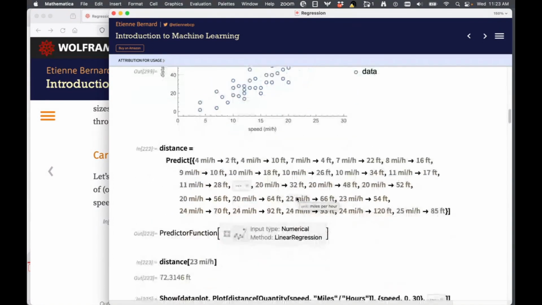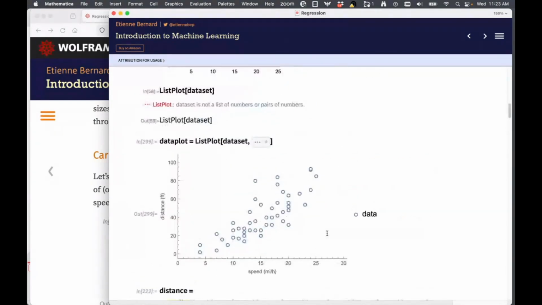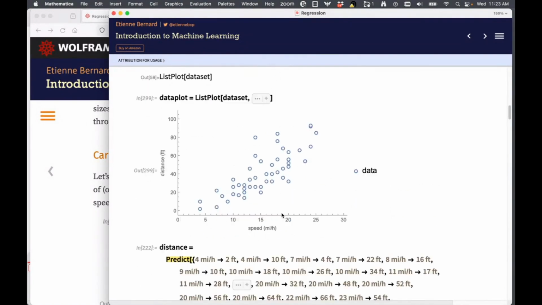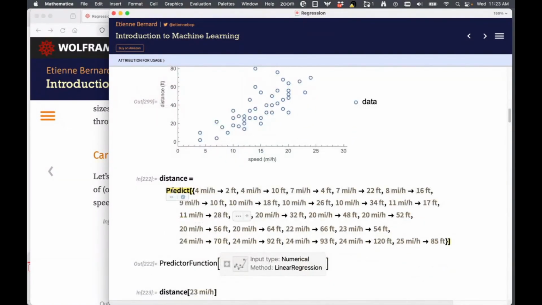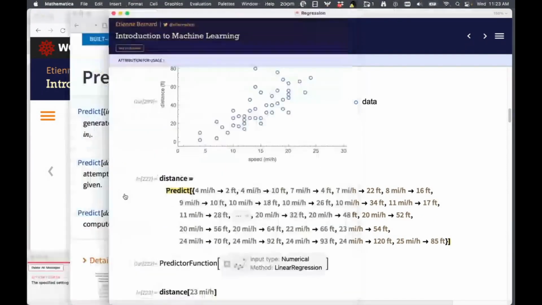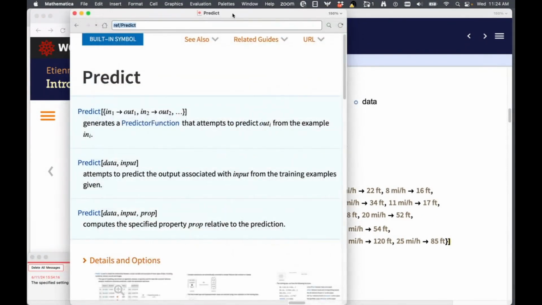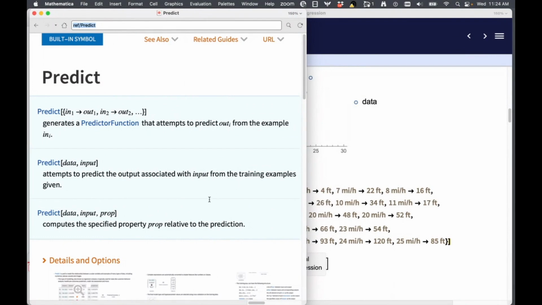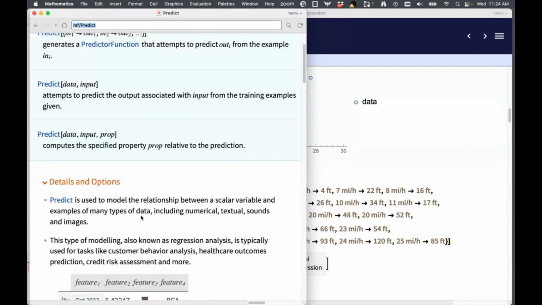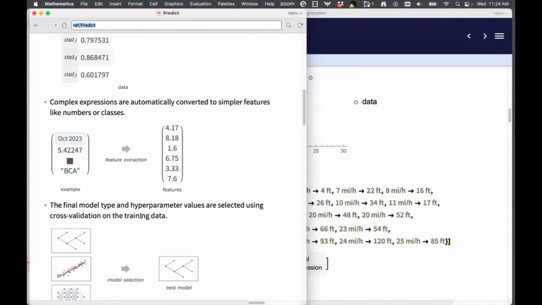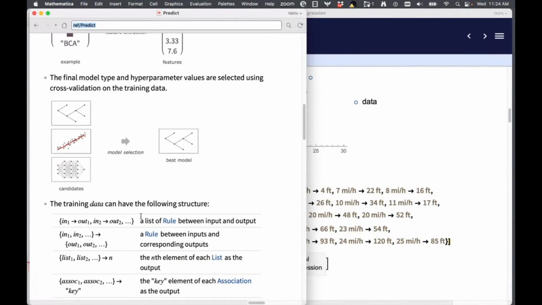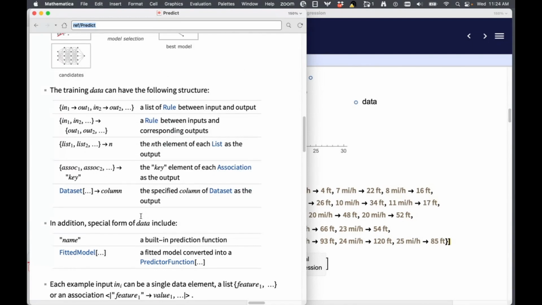All right. So here we have a nicely formatted representation of that same data set. I could have worked with Dataset, but just like Classify, you can go over to the documentation for Predict. Predict is the main Wolfram Language function that you use for regression. It's the workhorse for regression, has an insane amount of options available, some built-in predictor models. The documentation is really rich. I think you can just do a course on regression just with the material in the documentation and the examples in there. So I hope you're able to go through those.